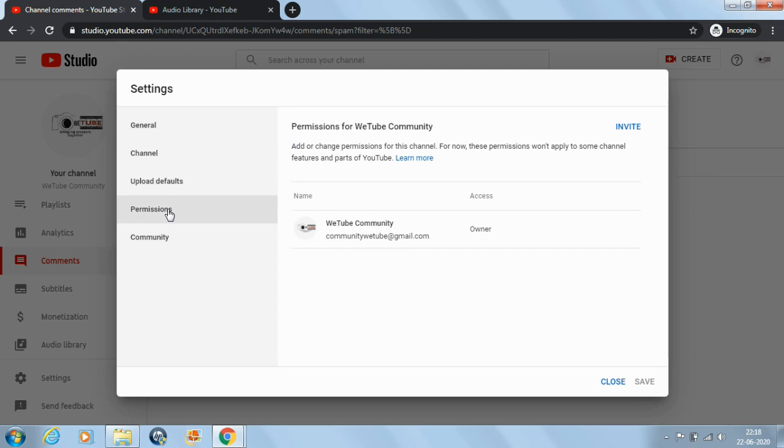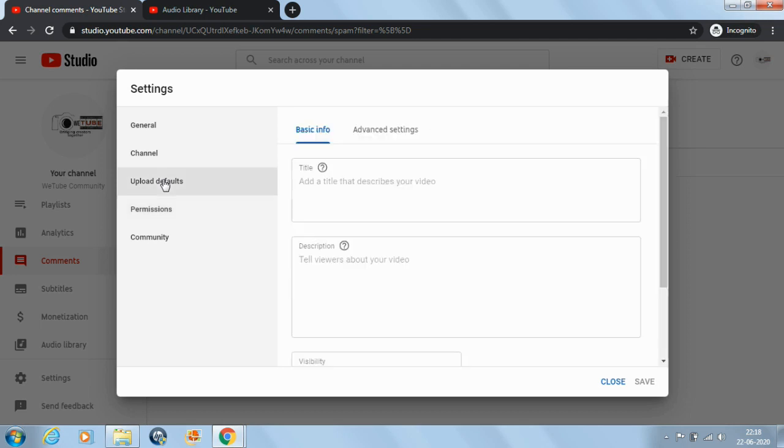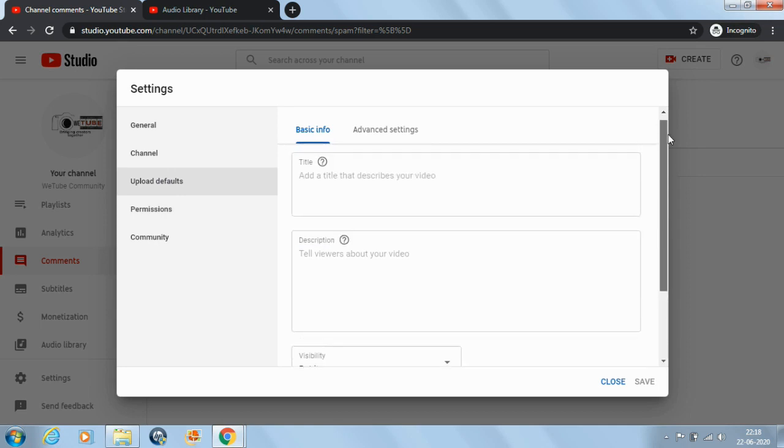Under the permission section, it's a very basic setting. In upload defaults, this is one of the features which saves your time. You can edit your title depending upon the content. If your content doesn't keep changing or is on the same topic, you can keep your title as it is. Same for the description section. If you don't want to change your descriptions, you can simply put it here, so whenever you upload your video, it gets uploaded with the same description. So every time you don't have to look at your Word file, copy it from there and then upload it. It saves a lot of time.